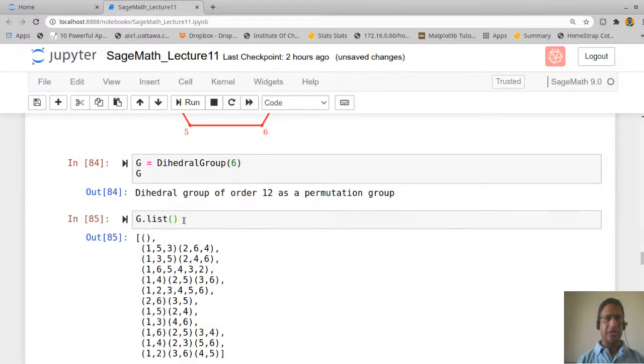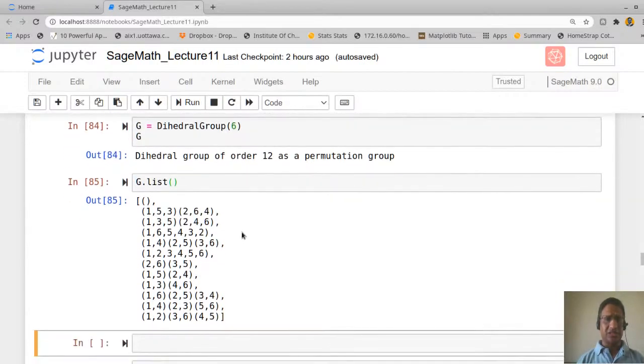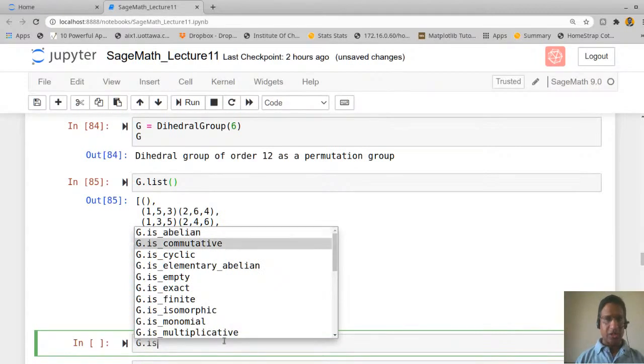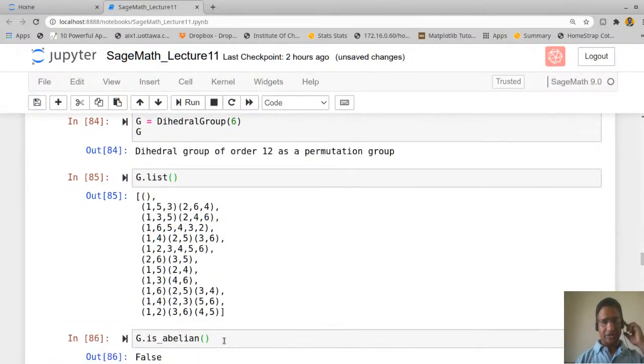So g dot list is the list of elements in this case, and you can see here these are all permutations of 1 2 3 4 5 6. Okay, so you can check whether this group is abelian or not. For example, if I say g dot is underscore abelian, the answer is false.